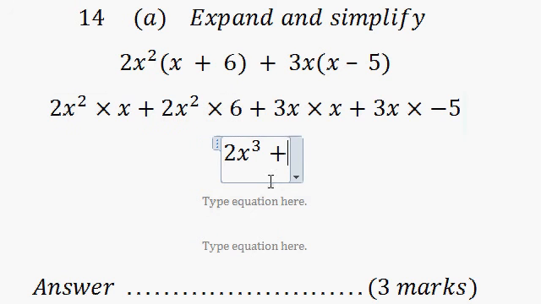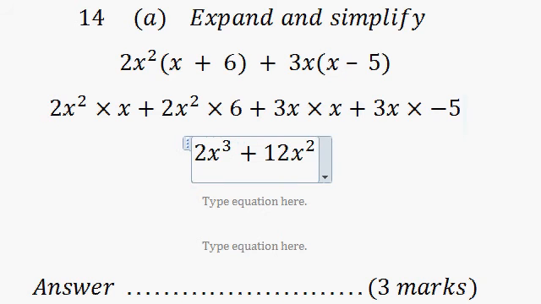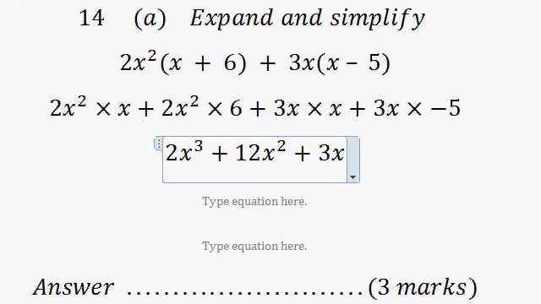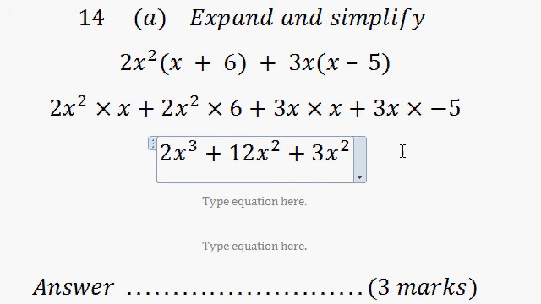Well, 2 times 6 is 12, and we can't simplify the x's anymore, so it's simply 12x squared plus 3x times x. X times x is x to the power of 2, 2 x's multiplied by each other, and multiplied by 3 is simply 3x squared, or 3x to the power of 2,